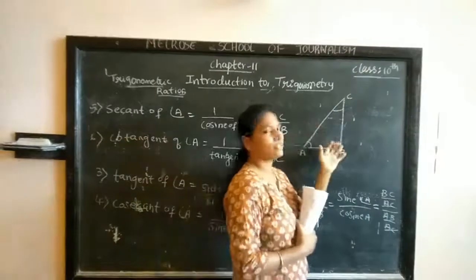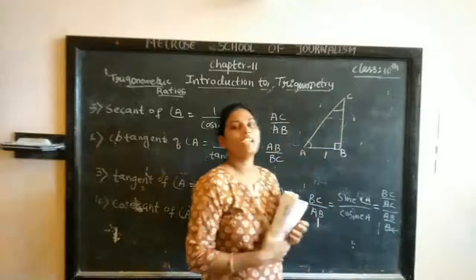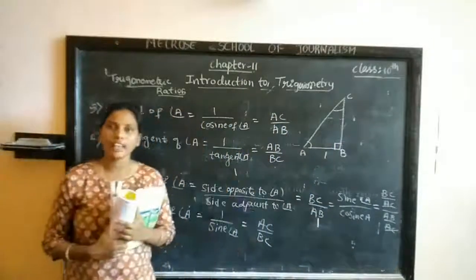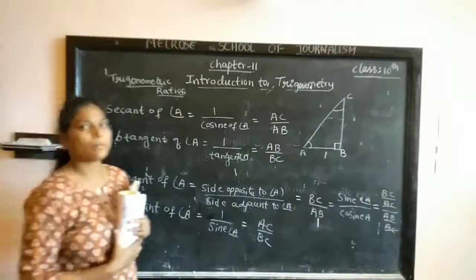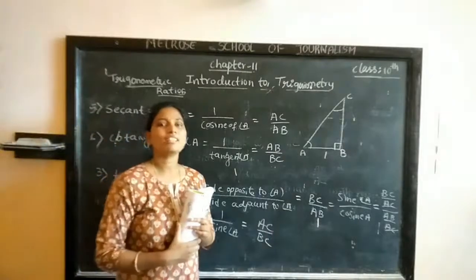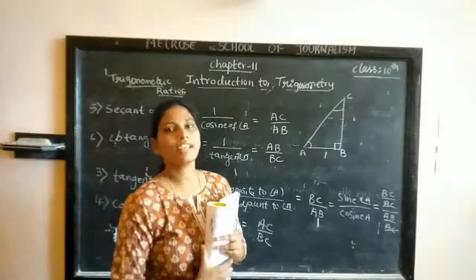different angles, means two acute angles, and the three different sides of the right triangle. Clear? Again I am repeating, one is sine of angle A, second is cosine